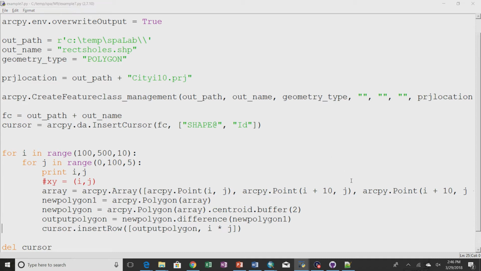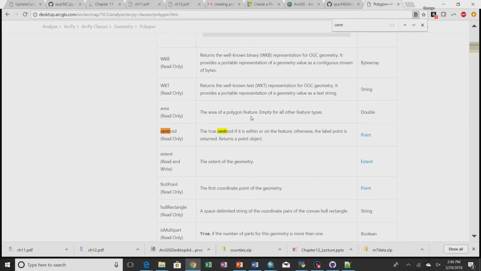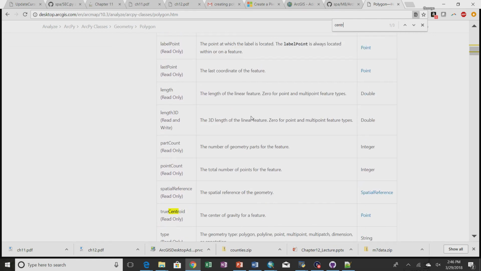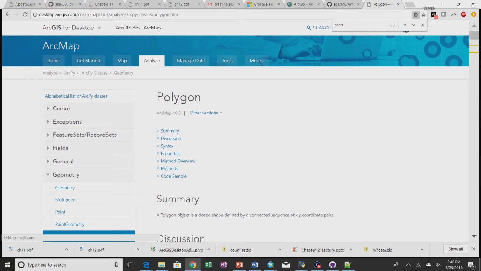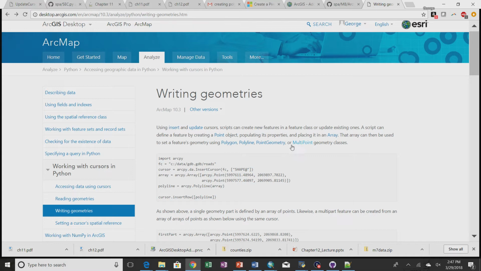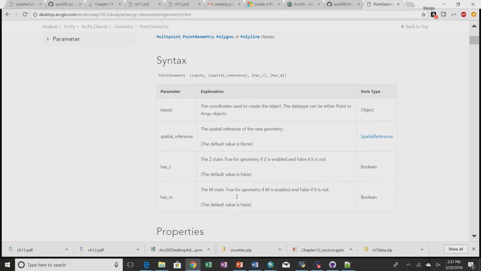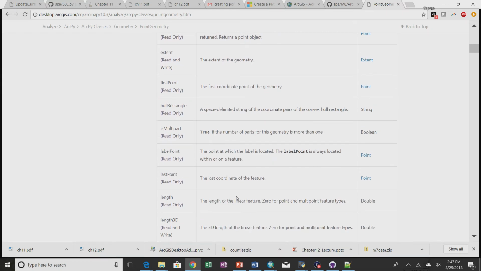I thought you could buffer a point. Oh, I remember. You actually need to create a point geometry object with the point, and you can buffer the point geometry object. Okay, so